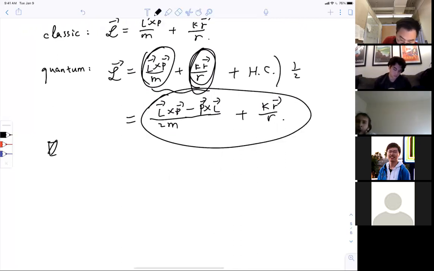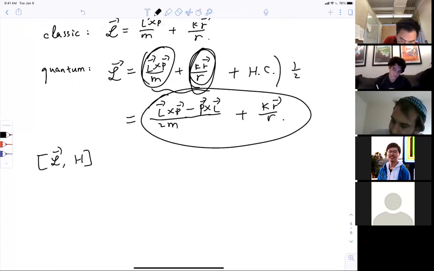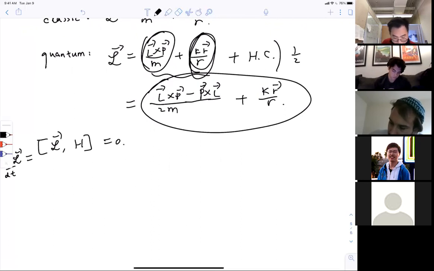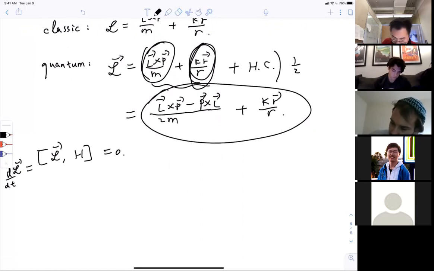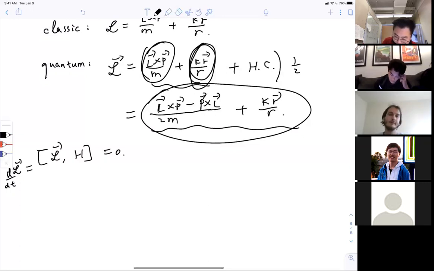Okay. First thing you can prove is this guy commutes with the Hamiltonian, meaning that according to the Heisenberg equation of motion, it's still 0. Another thing is because this L is a vector, basically it transforms like a vector under rotation. So L is a vector, P is a vector, R is a vector. It's not difficult to imagine kernel L is a vector, right? So we have